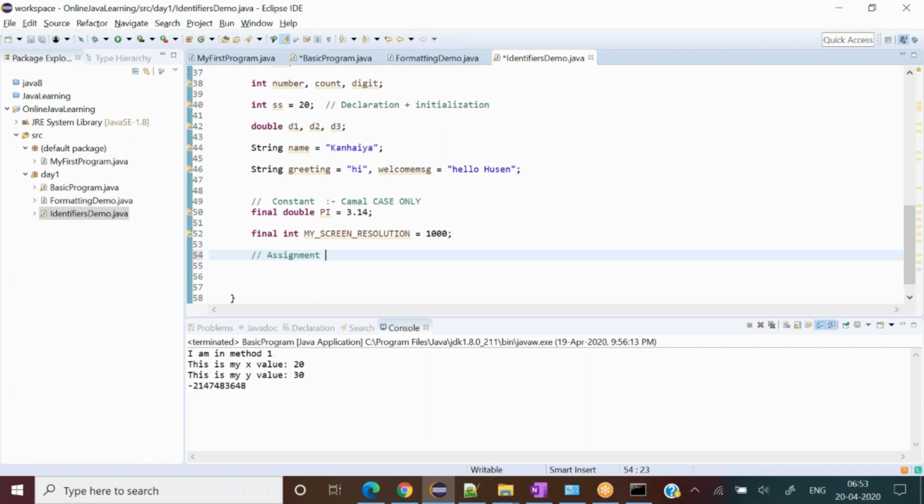Now assignment. Assignment we all know, like the equal sign. It's not a mathematical representation, like a variable. And when we write something like int a = 20, what is the meaning? RHS to LHS.